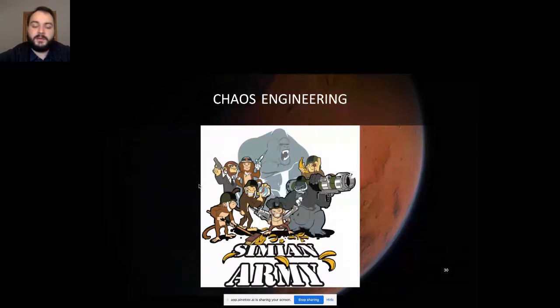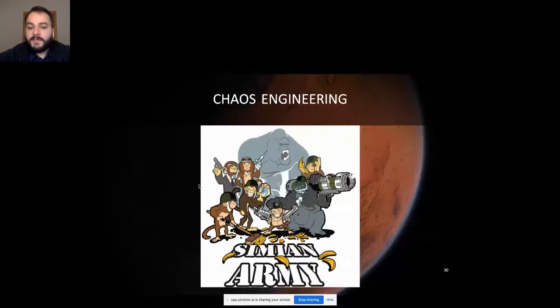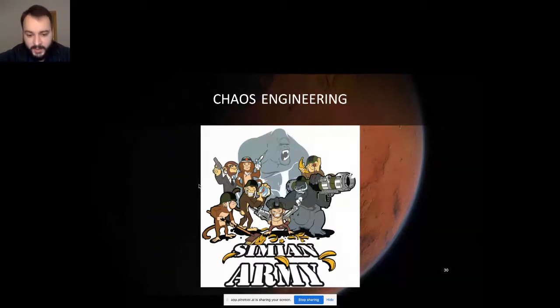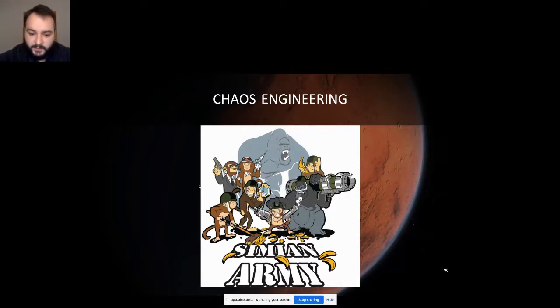By doing this, Netflix can be sure that developers, when developing the application, know that it should be resilient because problems will happen, and that they can test this behavior. They can be sure that this behavior is guaranteed to be fault tolerant. I don't suggest you take this Simian Army and put it against your application, because I believe it won't survive if you weren't doing any chaos engineering before. I suggest you go with small steps.